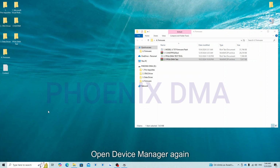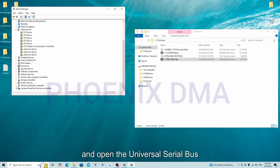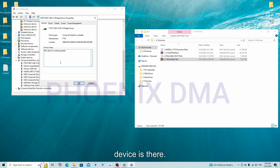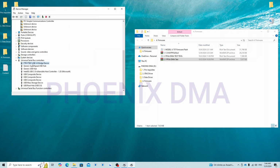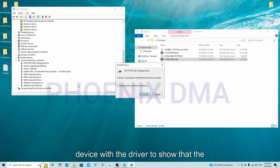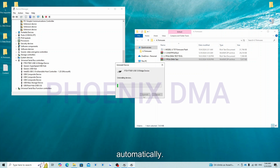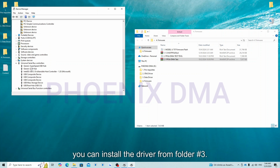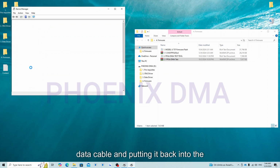Open Device Manager again and open the Universal Serial Bus Controller section. You will see that the FTDI USB bridge device is there. To demonstrate, I will uninstall this device with the driver to show that the data driver will usually install on its own automatically. If this is not the case, or the device has an error, you can install the driver from folder number 3. At this time, I am removing the data cable and putting it back into the